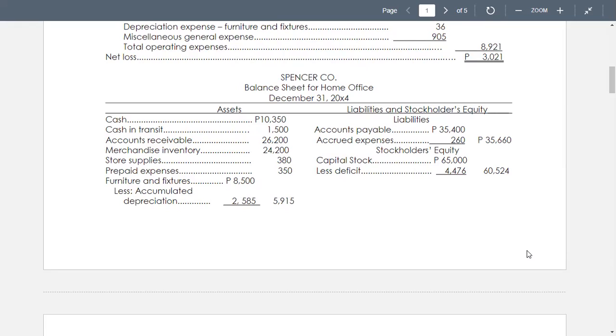Then we have the net income of the branch. And the net loss, I mean, of the branch, and the net income of the home office. The net income of the home office is 3,645, and the net loss of the branch is 1,271. The total income of the home office and the branch is